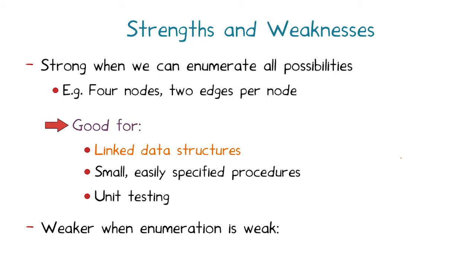Korat is weaker when it is harder to enumerate the set of all possible test cases. For example, the set of all integers, at least those representable in a 4-byte format on a computer, or the set of all single or double precision floating point numbers, or the set of all n-character strings with ASCII or Unicode characters. In these cases, while enumeration can be done in principle, even small test case sizes, such as 1 int, 1 double, or strings with 10 characters, lead to large numbers of test cases that Korat will not flag as isomorphic, because there are no links in the data to exploit in the culling process that occurs through precondition checking.